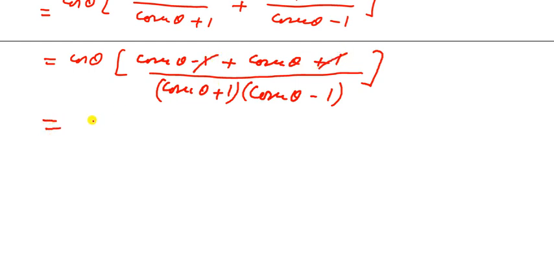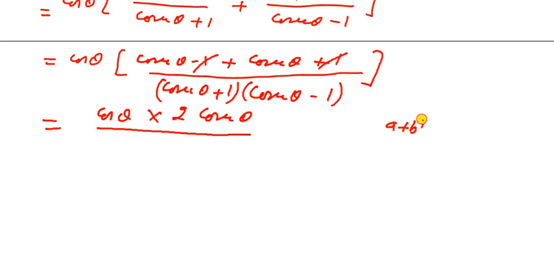So here is cosec theta minus 1 plus cosec theta plus 1. So 1 will be cancelled out, so we get here cos theta into 2 cosec theta, and